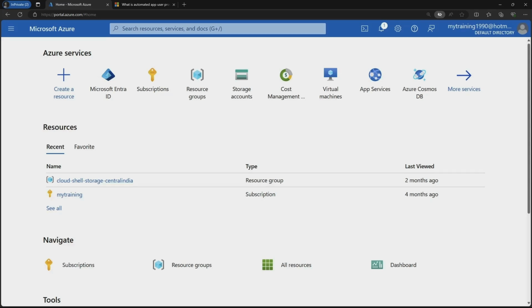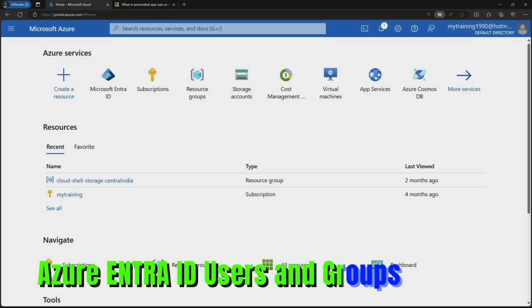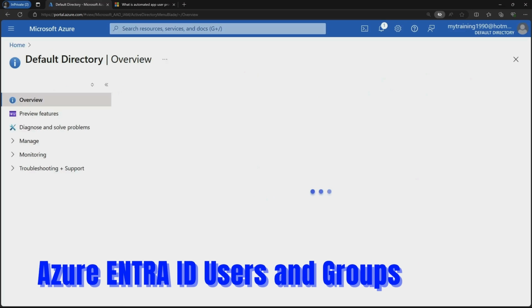Hello everyone. In this video, let us see how to use Microsoft Entra ID and how we are able to create the users and groups. If I click on Microsoft Entra ID,